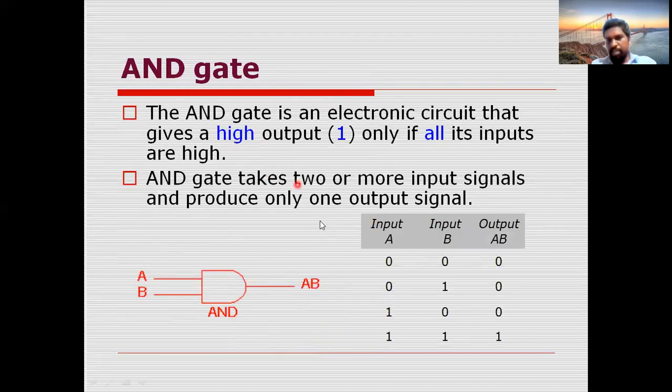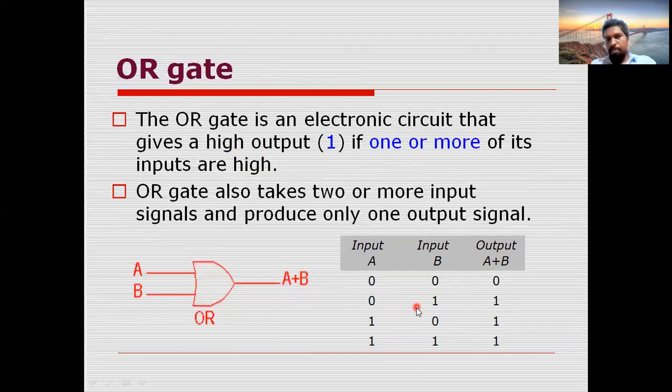See this AND gate. This table we have seen previously, the AND operation table. This is the symbol of the AND gate. We are having 2 inputs A, B. So what is the output? We are having A dot B. If the dot is mentioned or not mentioned, no problem. AB is also treated as A dot B. So A into B is the answer. You will get the output. What is the significance here? The output of the gate will be 1 only when all the inputs are 1. Your output of the AND gate will be high only when all the inputs are high.